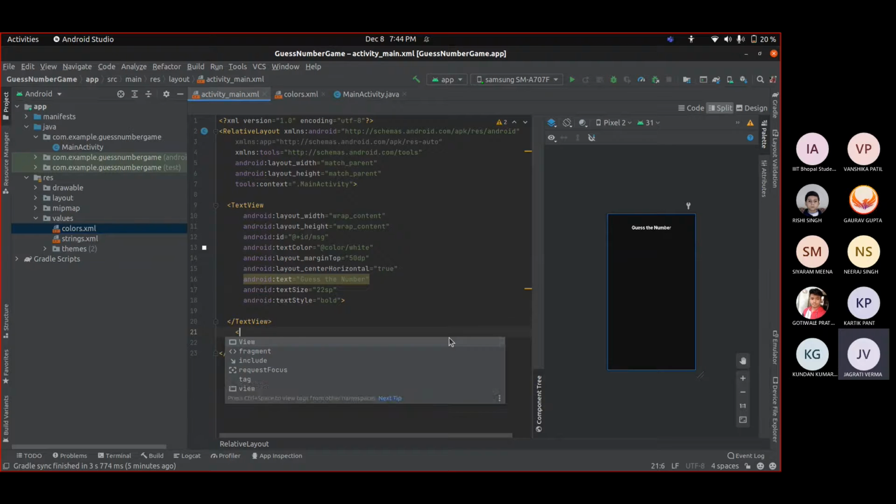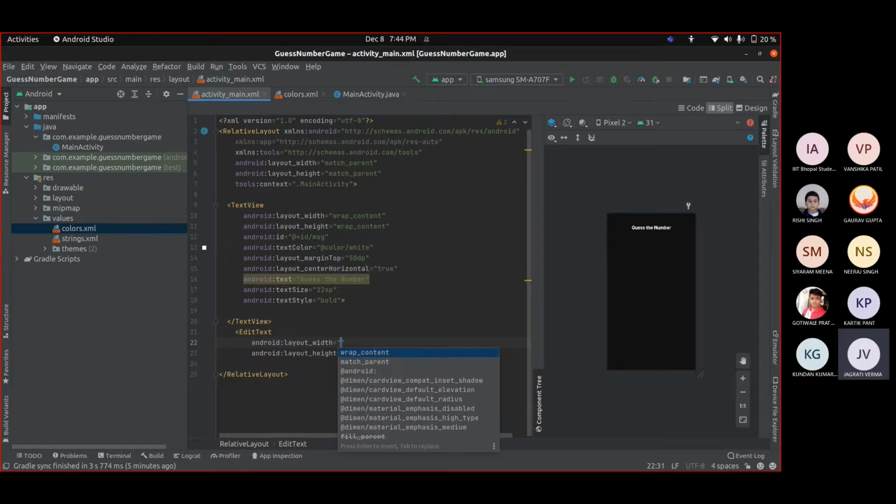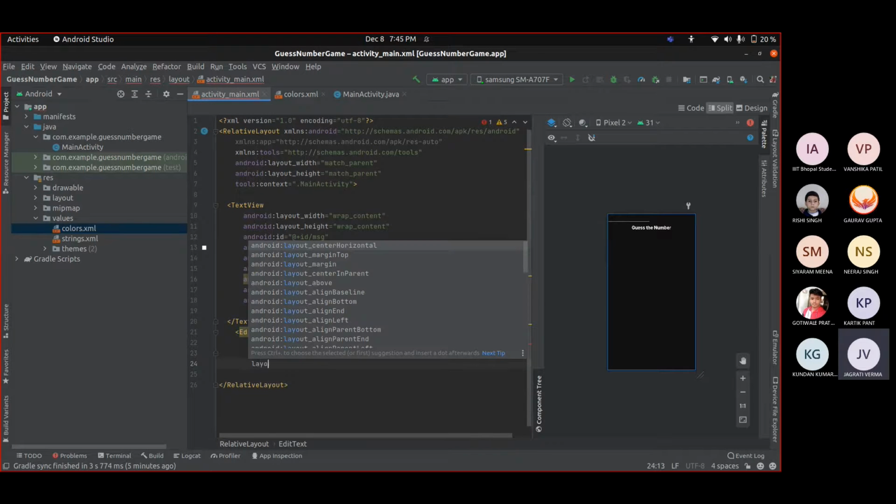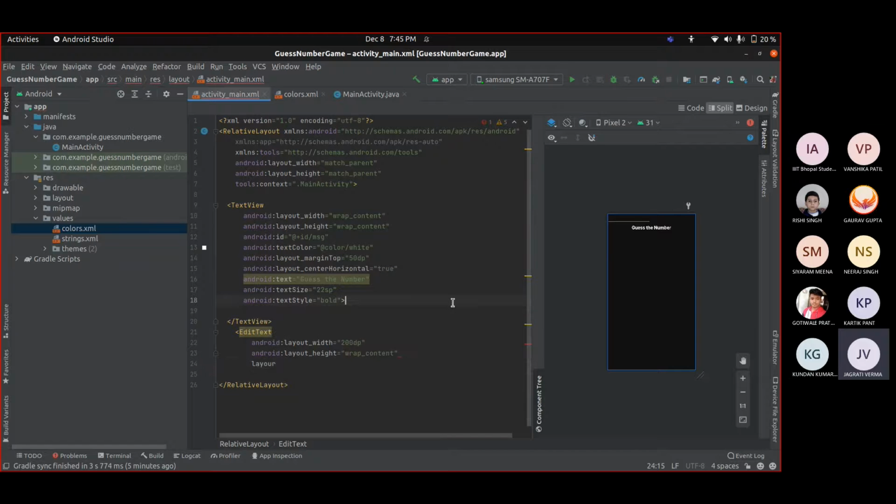After that we can have an EditText, so type here EditText, and similarly we can write its width as 200 dp. After that we can set its height as wrap content, and after that we can type here layout. Now I want this layout below, as I told you it's a relative layout, so we set one element, then we relatively mark the other elements behind, above, or on the side of it. Okay, so let's type here below.